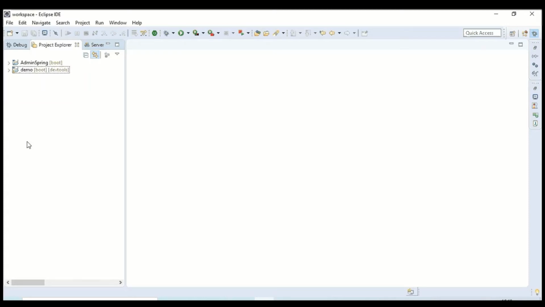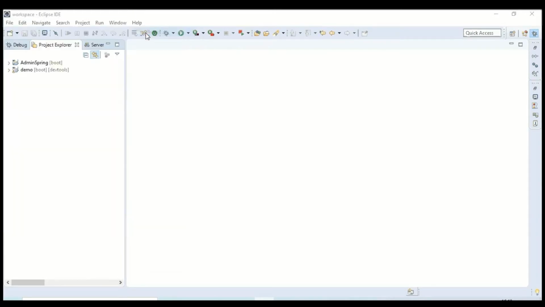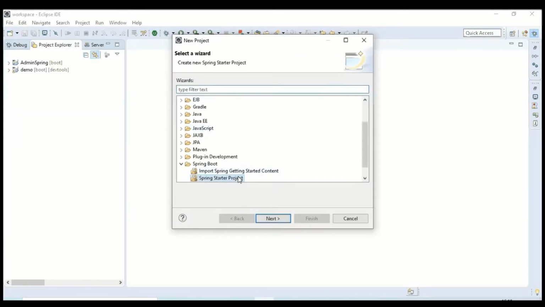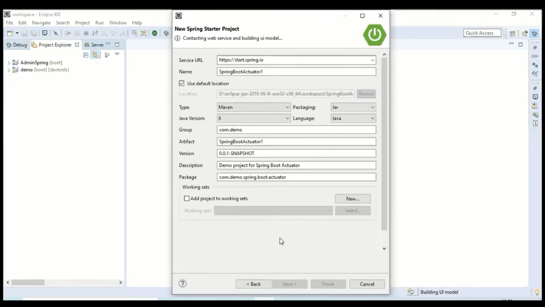So now we will start with a new project of Spring Boot. I'll go to new project and click on a Spring Start project, say next. Now I will get all these entries done. I'll put the name of a Spring Boot demo actuator